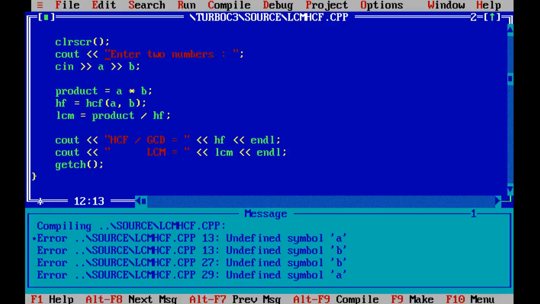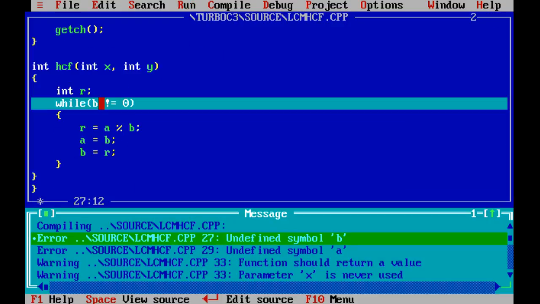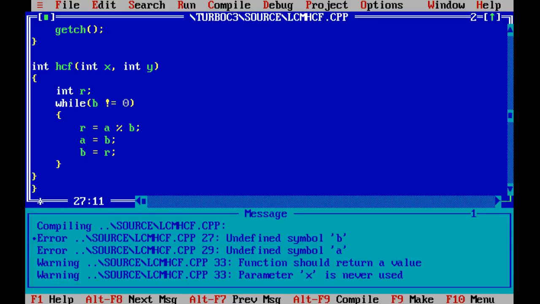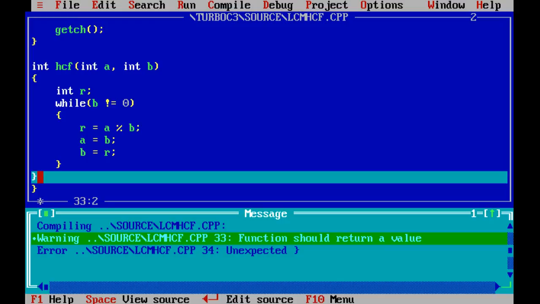Now let's run this. Undefined symbol A. Why? Okay, I have not defined A and B. Now let's run this. Undefined symbol B. Okay, here I said X and Y and here I'm saying A and B. So let's make this itself as A and B. Function should return a value.